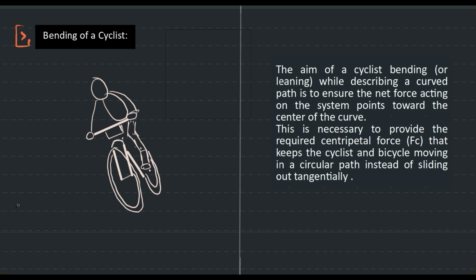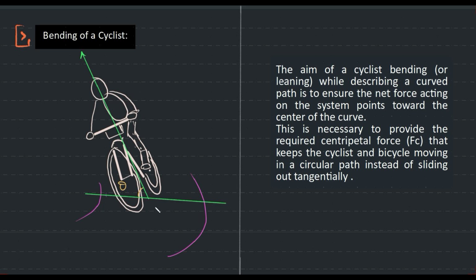Now, if a cyclist has to take a circular path, say on a flat road, we're looking at a flat road. The cyclist has to bend. I mean, you guys would have done this, right? We bend basically, is it not? When we are taking a turn,